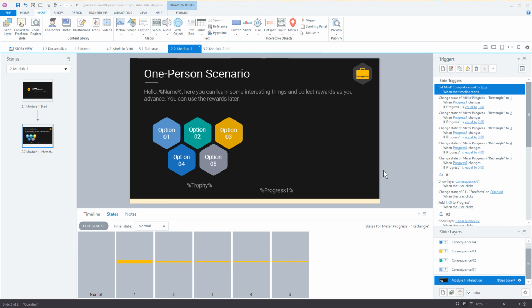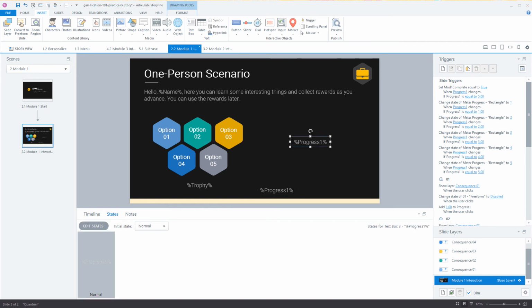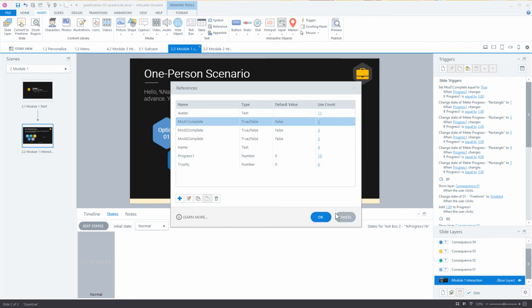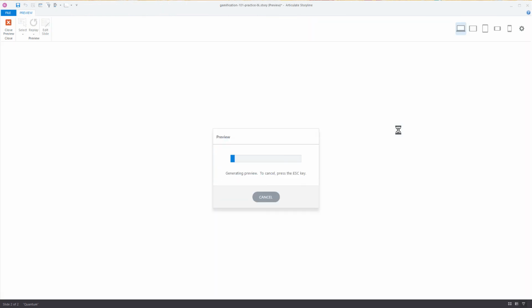All right, so we should preview this here. Let's do one more reference. Let's make this our reference to module 1 complete to make sure it's being changed, right? So let's go ahead and insert a reference. Module 1 complete, hit OK. And if we preview this slide,